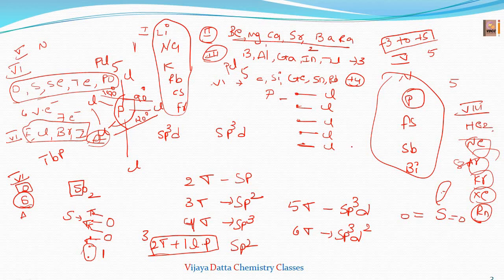The next point is to check whether any lone pairs of electrons are present. Then we write the hybridization accordingly. If we have 2 sigma, then sp hybridization; 3 sigma, sp2. Suppose you have 2 sigma and 1 lone pair, sp2 hybridization; 4 sigma, sp3; 5 sigma, sp3d hybridization; 6 sigma, sp3d2 hybridization. Based on these points, let us do some problems on hybridization.